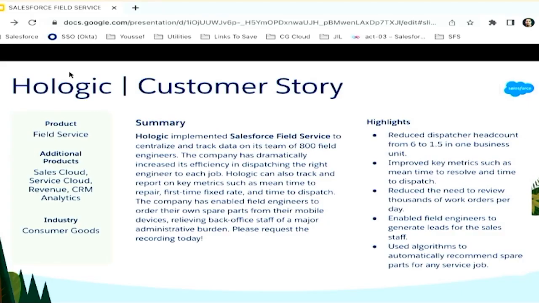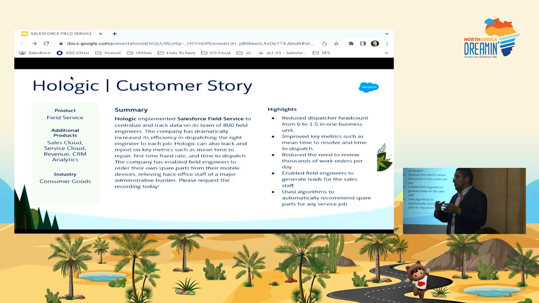technicians, and also we can measure at any time the mean time to repair, which is the average time it took for a specific type of operation, for example, to repair an air conditioner. I will have an average, so I can report and monitor this time. The first time fixed rate, which is one of the KPIs we use, is: do we resolve the problem at the first visit, or do we need multiple visits in order to